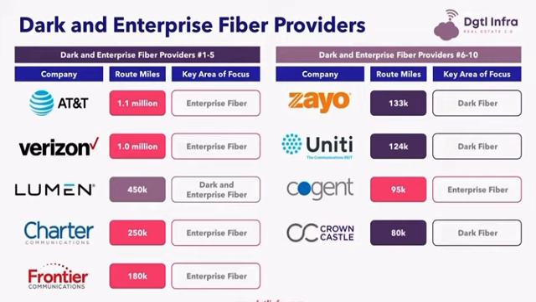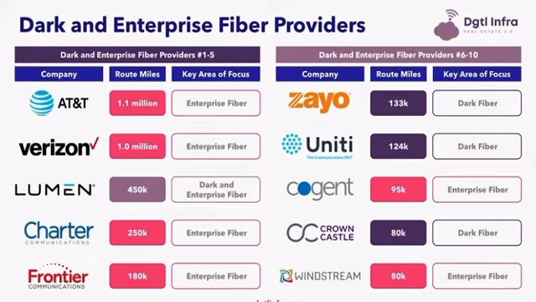Ninth is Crown Castle, with 80,000 fiber route miles. Crown Castle's key area of focus is dark fiber, which uniquely supports its more than 70,000 small cell networks. And finally, number 10 is Windstream Holdings, which has 80,000 fiber route miles. Windstream's key area of focus is enterprise fiber, with its significant transport services